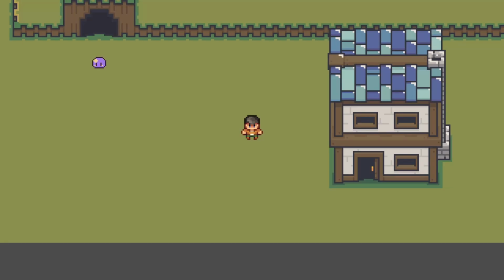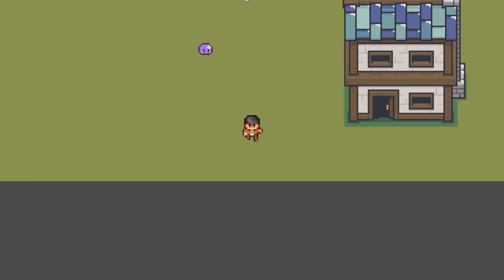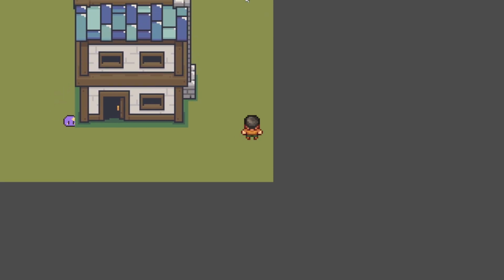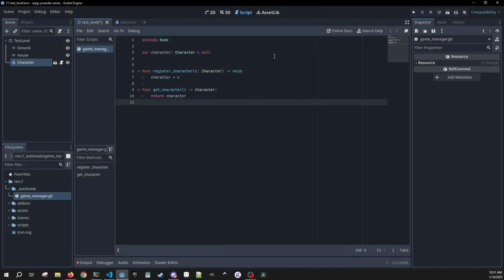In this episode, we're going to expand on the combat stuff that we made in the previous episode, and we're also going to add an enemy for us to be able to actually start to fight. Before we get into any of that, I do want to make one quick update to our game manager autoload